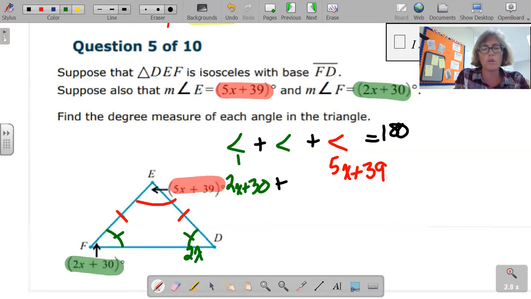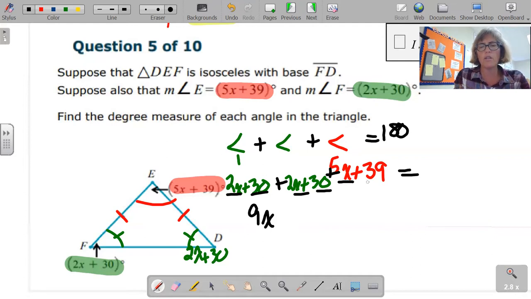So this is also 2x plus 30. And we solve. That's 2x, 2x, 5x, that's going to be 9x. That's 30 and 30 and 60 plus 39, that's 99 equals 180